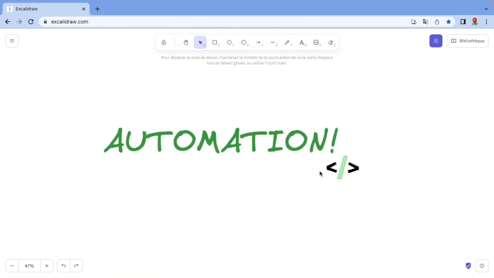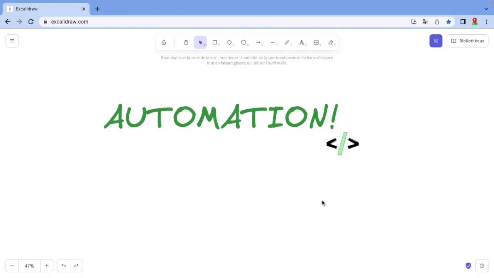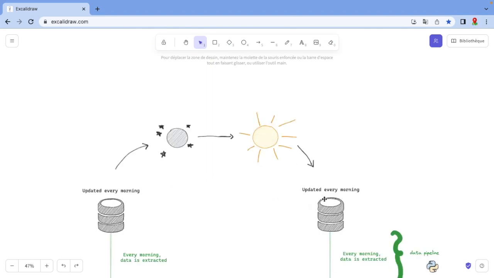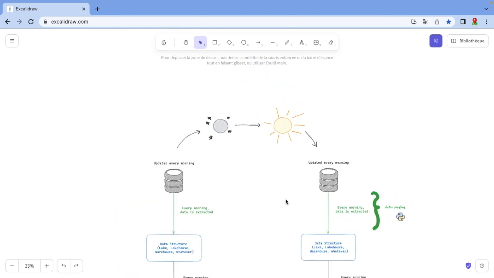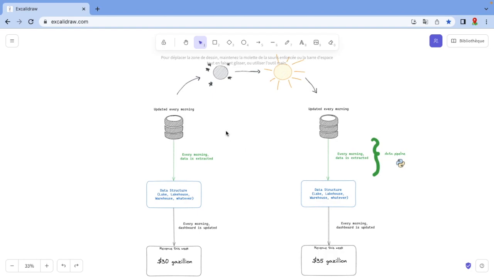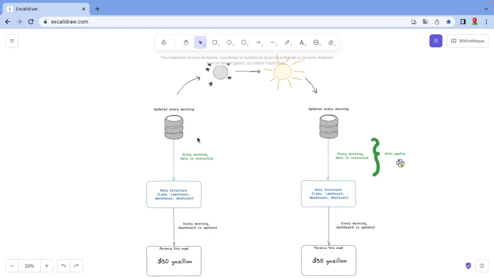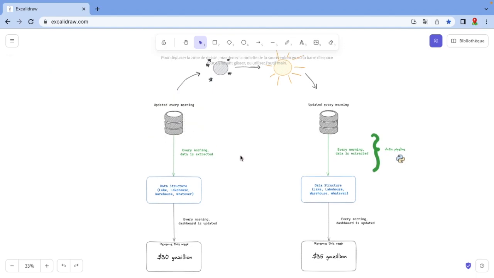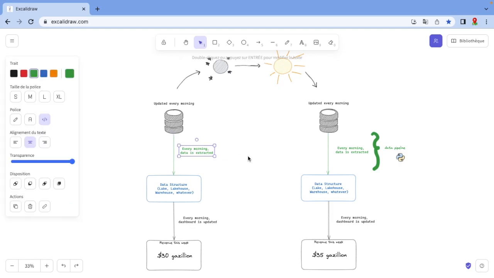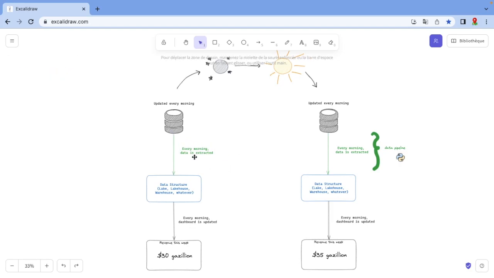And what's the answer for that? What does data engineering bring to that? Automation. What do I mean by that? Okay, let's suppose that that data is updated every morning on some kind of database. And here with automation, this green part, we would have every morning the data extracted, stored somewhere, and every morning